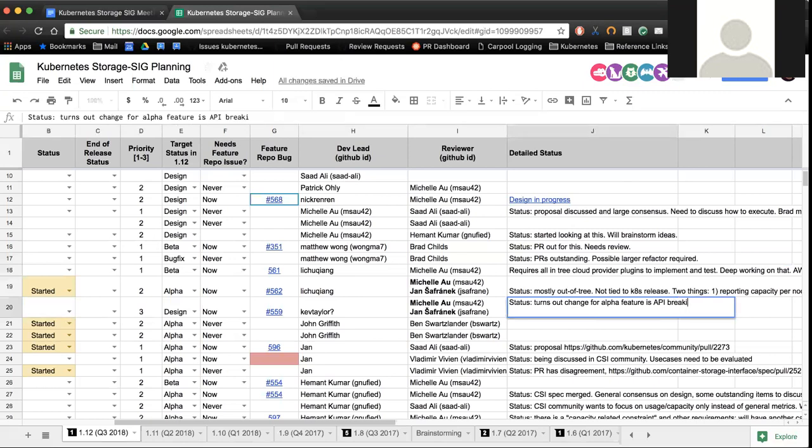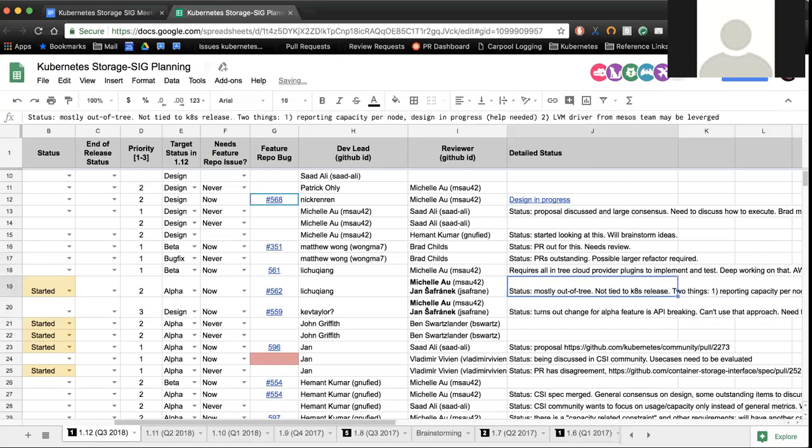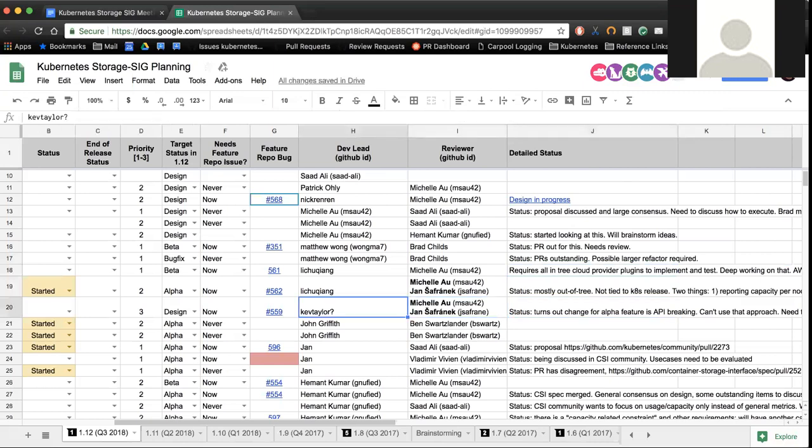So we need to reconsider a new design now. And I think at this point, the feature is kind of stalled. We're kind of looking for people to take ownership of it. Okay, so Kev Taylor wasn't able to take ownership. Yeah.